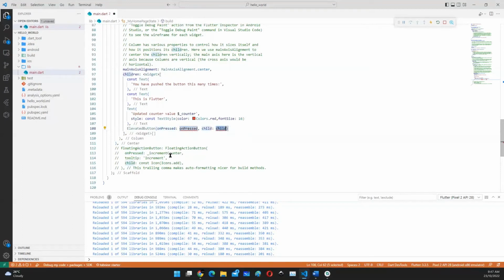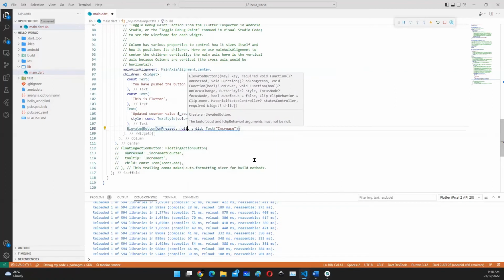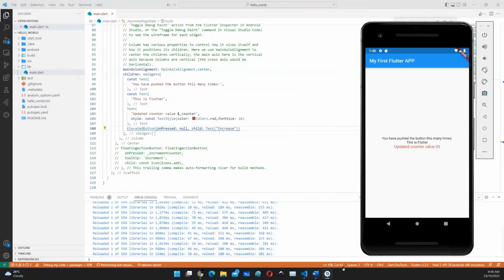Okay, so elevated button is one type of button in Flutter. You need to provide the onPressed method there, which is whenever you press a button, what you want to do. The child here will contain, let's say, just a simple text, "increase". This is just for the button text, and for now let's just put null for onPressed. Now you can see there's a button down there, but it has been disabled